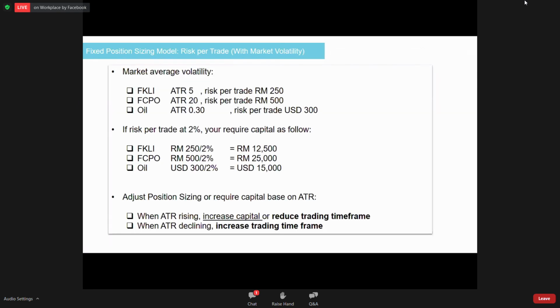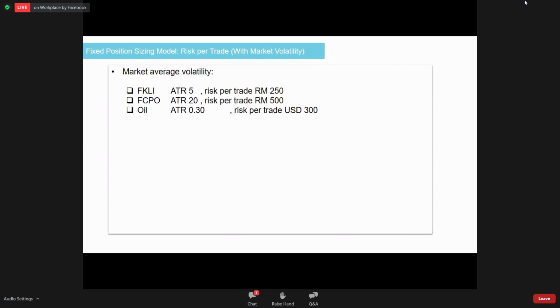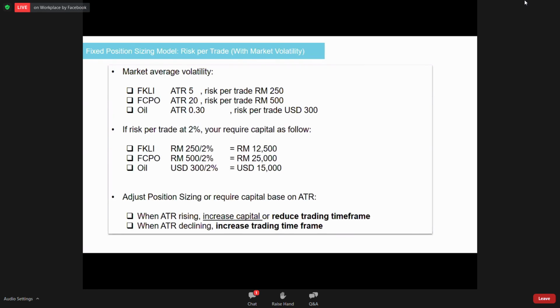Okay, so with these risk per trade rules, we can also do it the other way. We can actually determine how much capital we need. For example, if you want to trade FKLI 60 minutes, FCPO 50 minutes